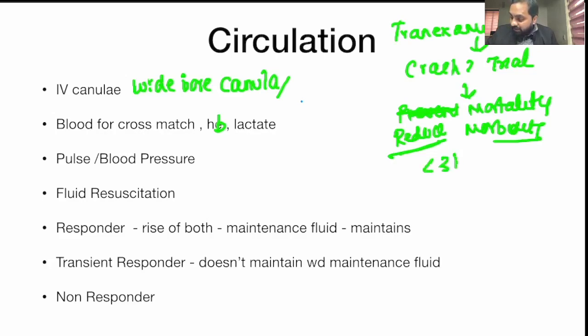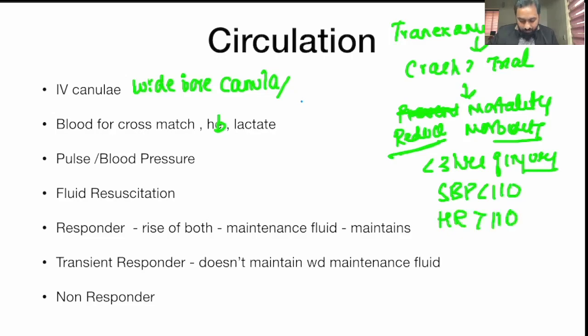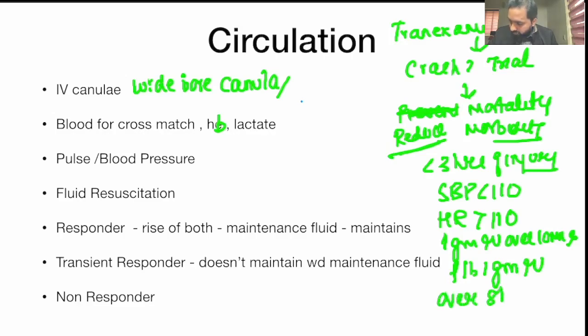It should be given within less than 3 hours of injury, right? And it should be given if the systolic blood pressure is less than 110 and heart rate is more than 110 per minute, right? What is the dose? It is given 1 gram IV over 10 minutes, followed by 1 gram IV over 8 hours. So please remember this tranexamic acid dose, right? I'll write it down for you all here. It is tranexamic